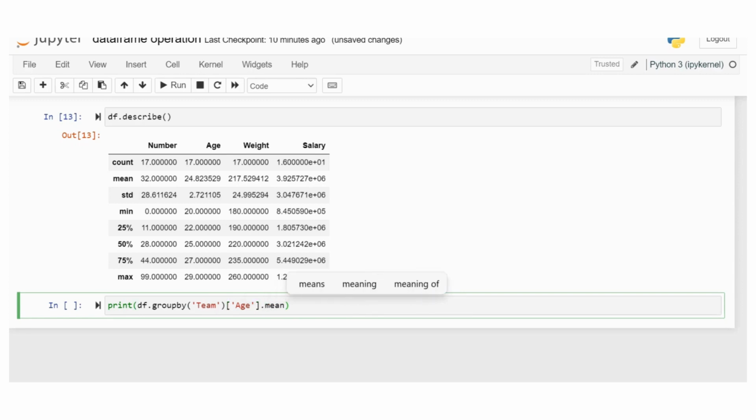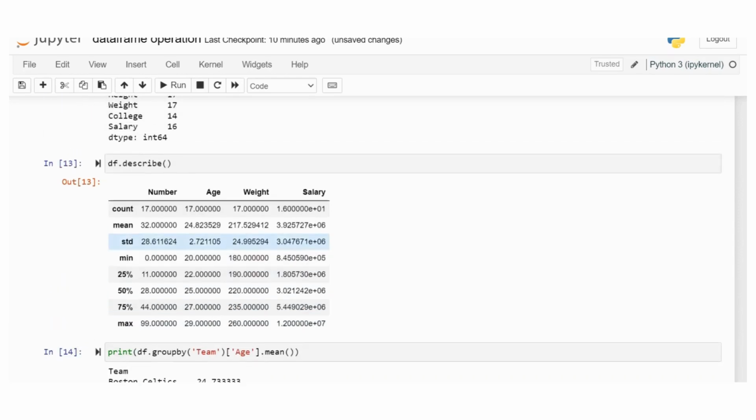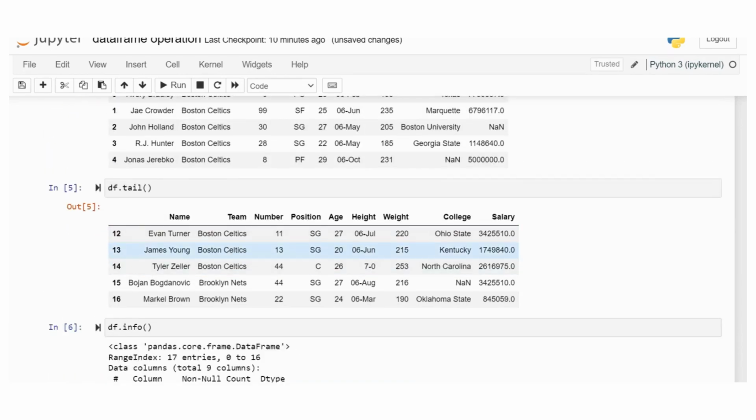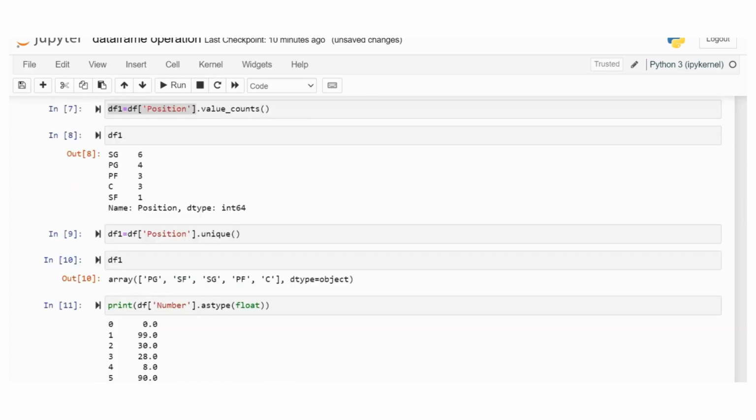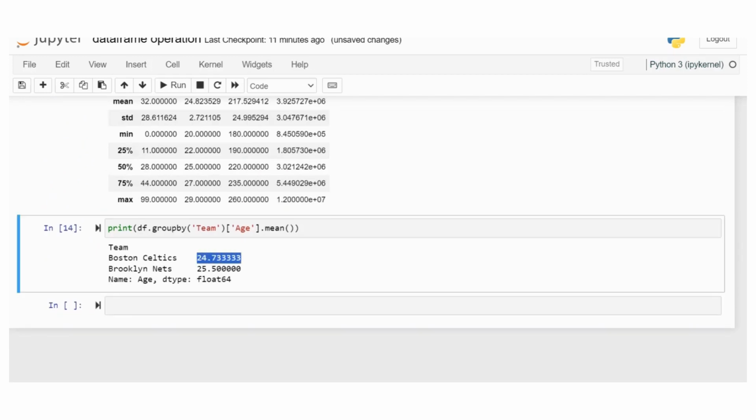I want to calculate the mean of the age data. Now print the data: in the team column there are unique values, for example Boston, with a mean age of 24, and Brooklyn Nets, 25.